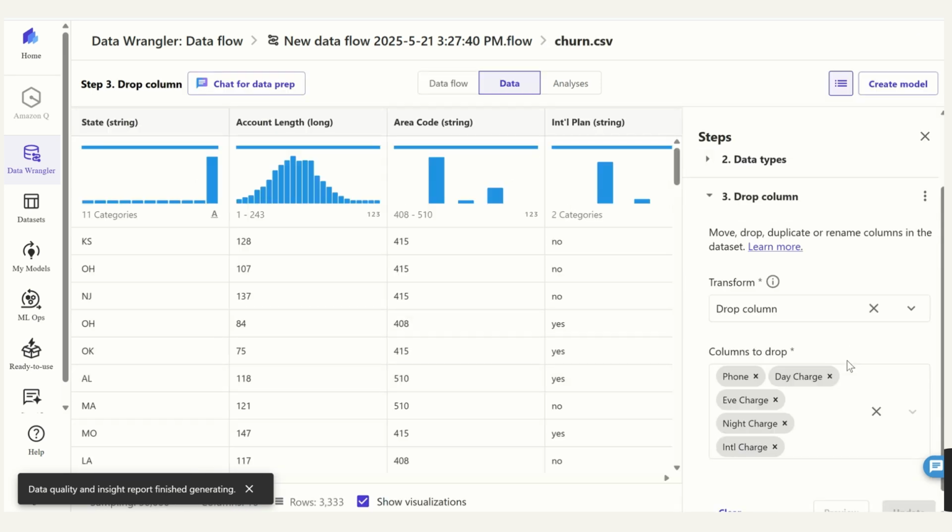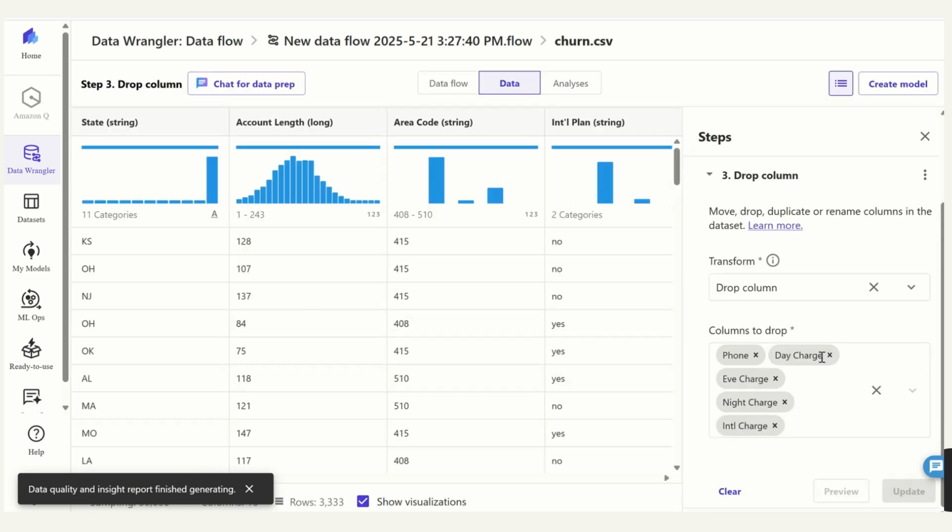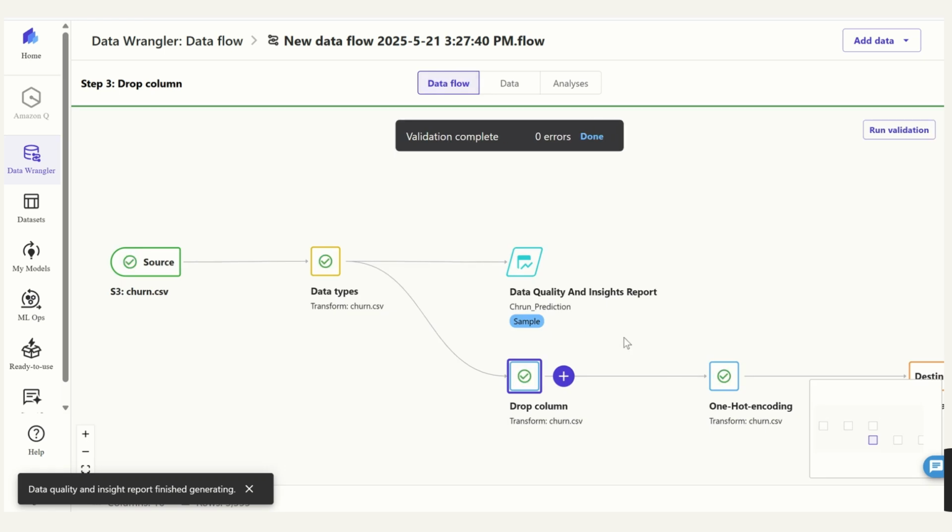For example, I am dropping the phone number and day charge columns, because these columns are not going to make any difference in my prediction outcome. My purpose is to predict whether a particular customer is churning out or not, right? So these attributes will not make a difference. So I am going to drop these columns, and I am also doing some one-hot encoding of my